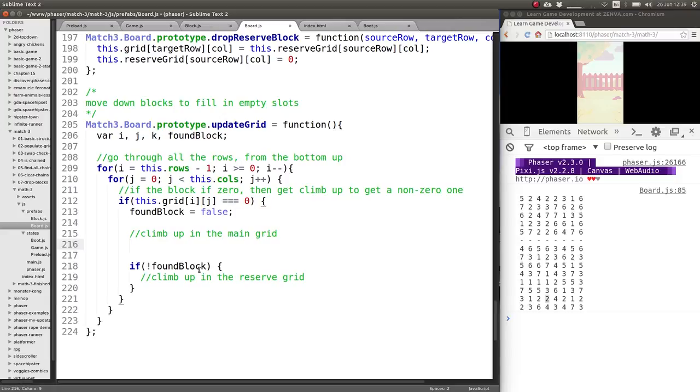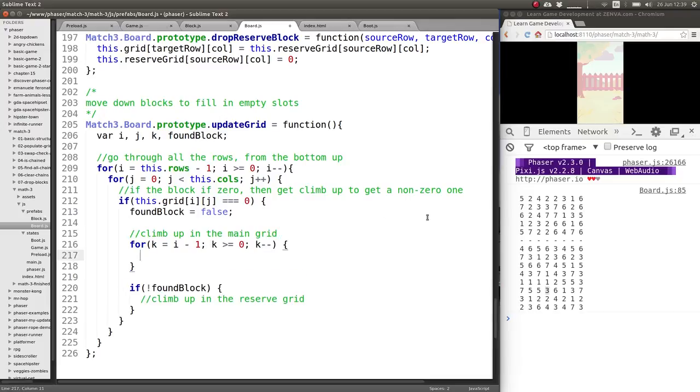So let's climb up in the main grid first. Let's use a variable called k, which starts in the position up from the current one. So if we were here, k will start here and keep on looking up. k goes all the way to the top, just like i, and is decremented in each iteration. What happened here is we found a 0, and then we keep going up to find a non-zero value. So if we find a non-zero value, if the grid located in position k, j is greater than 0, then we